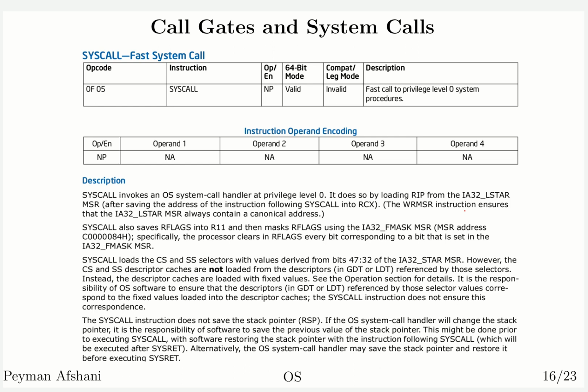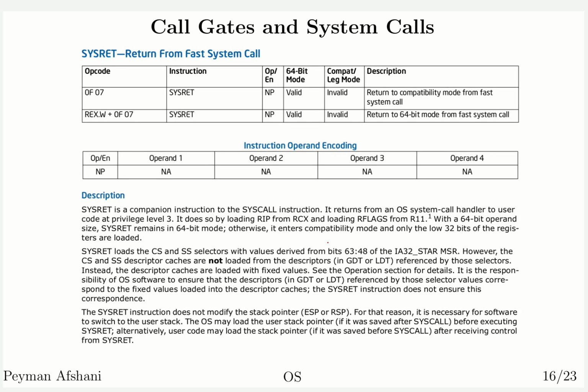Remember that in Intel, privilege level 0 means the highest level of privilege. So essentially it will change the privilege in this case to 0, and will also jump to a location specified by this register. This whole thing is the name of one register, and this register can only be written by the operating system, and it has the address of where you want to go. This is how you make a jump to the specific location in the kernel space, and your privilege is also increased.